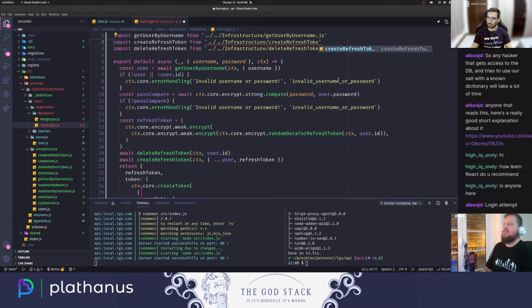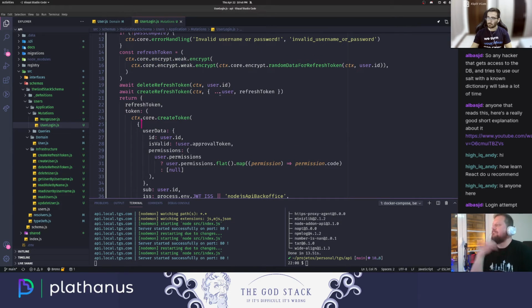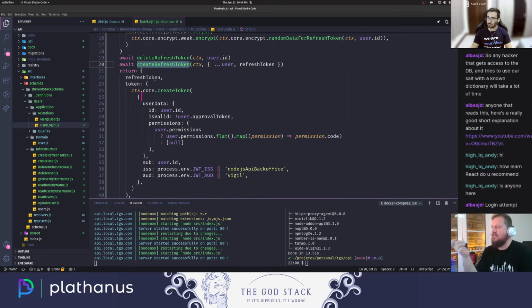This is already working, and this is already working as well. Perfect. So now I have my token. The token is already created. The refresh token is already created. So I'm going to respond the refresh token plus the token. Okay, and now we're going to talk a little bit about the token, but I'm just going to put that